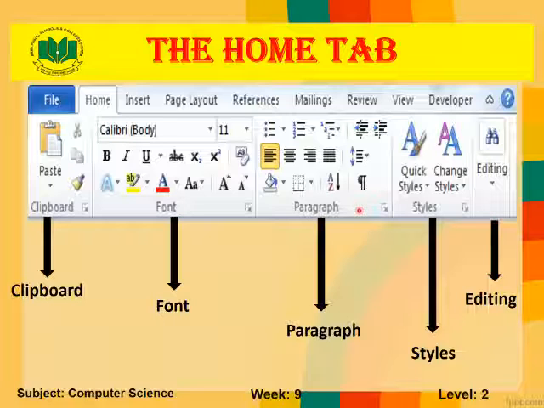We can adjust the paragraph alignment. We can add bullets and numbers from paragraph options. We can add different types of styles with the styles option, and we can edit our text with the help of editing options.